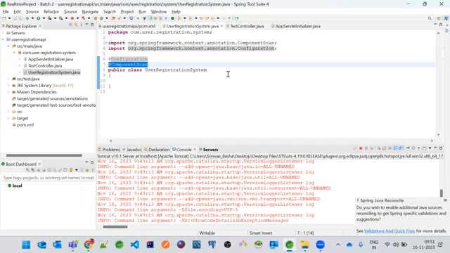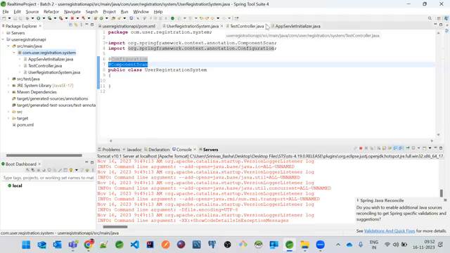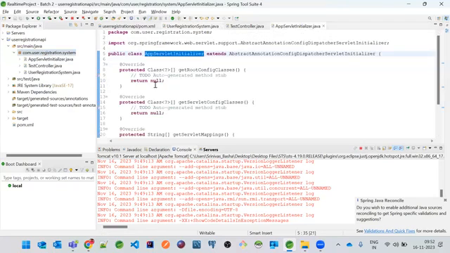If they are annotated with @Controller or @Component or @Service, it will create objects for those classes. We don't have to create objects. So that's the meaning of @ComponentScan. Okay. Now what I just have to do over here, I will just go to this app servlet initializer and here.